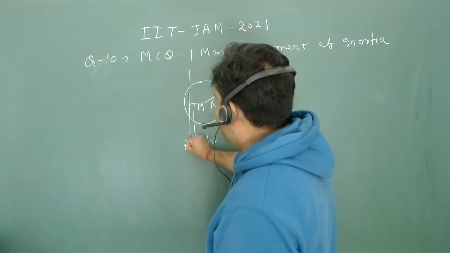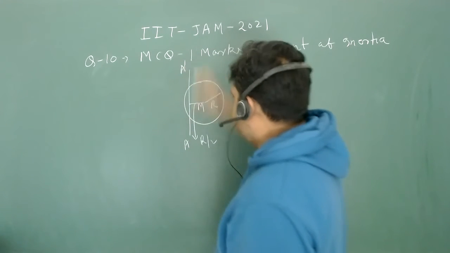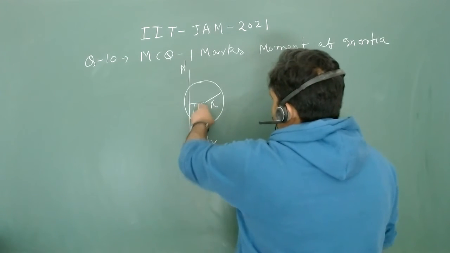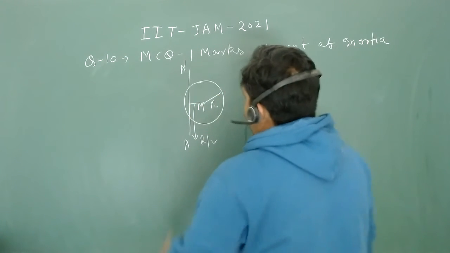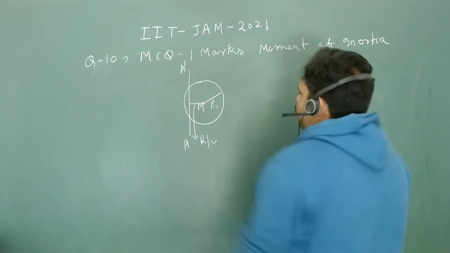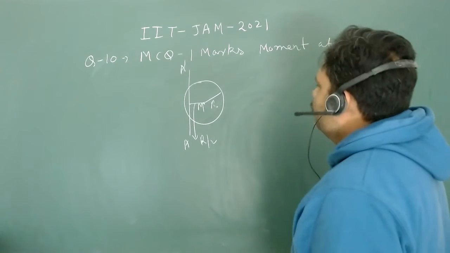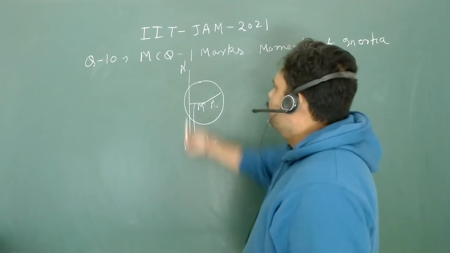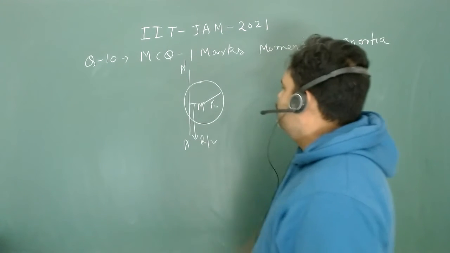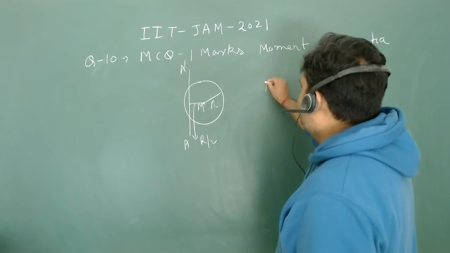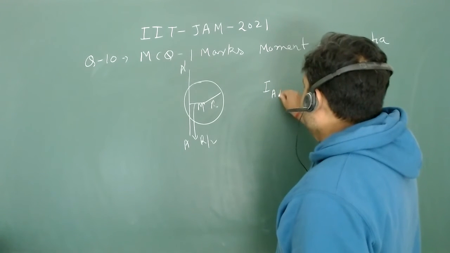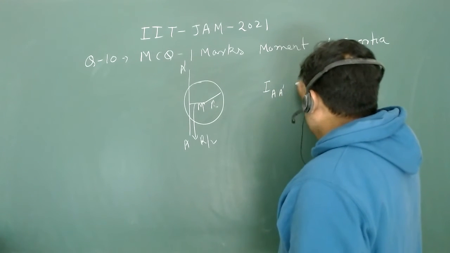Let's say this is my A dash axis, which is at r by 2 distance from the center. So we have to find the moment of inertia about this axis. Obviously it's a very simple problem. I can assume that this axis is parallel to my z axis. So I can write the parallel axis theorem, that I A dash is equal to